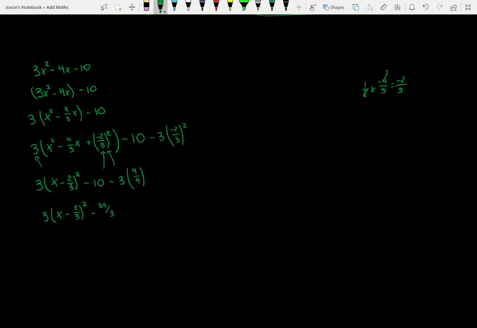okay? So simple steps. First step here, put the x squared and the x term in brackets, okay? Next one here, factor out the coefficient of x squared, okay, within the brackets. The next step here now is to add half the coefficient of the x term. Remember, if it is a minus sign, you keep the minus sign, okay? So you get minus 2 over 3 and you're squaring it there too. Don't forget that. And whatever you add inside, you have to subtract outside, okay? So it becomes minus 3 multiplied by minus 2 over 3 all squared, because remember we're squaring it on the inside,